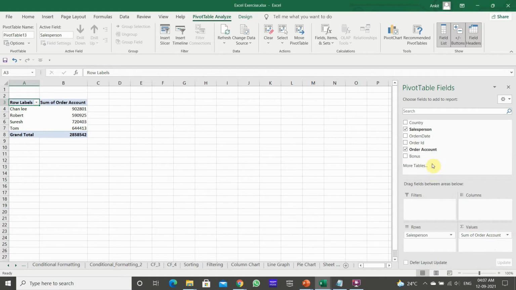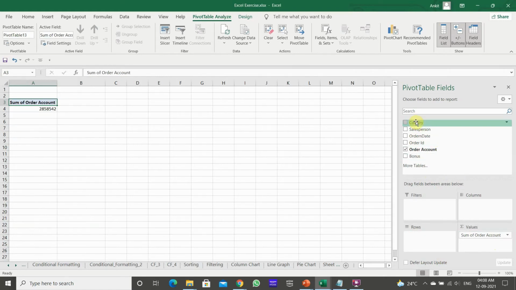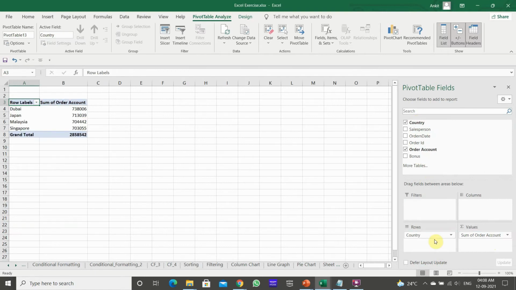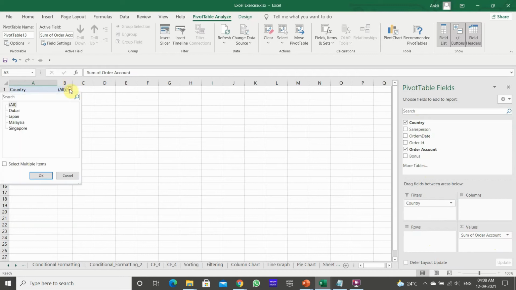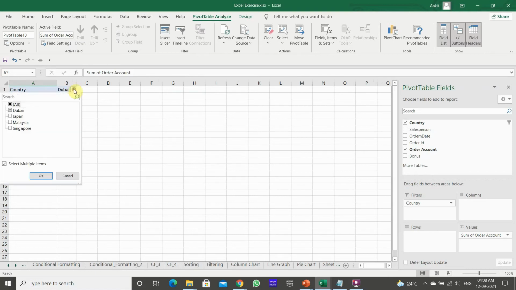Okay, and for each country we have to see, either you can put it in this way or you can see it by this way. For Dubai, this way, for Japan, this way.